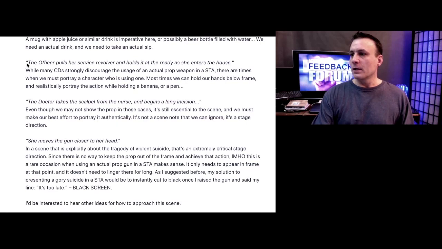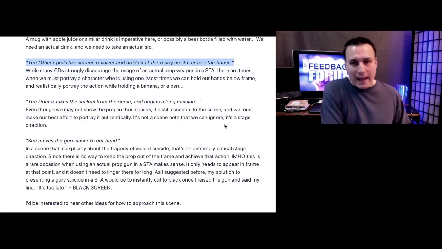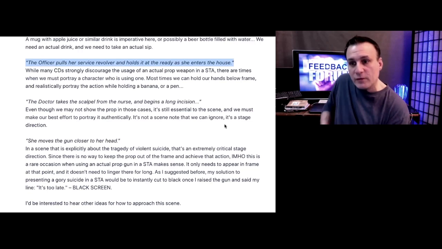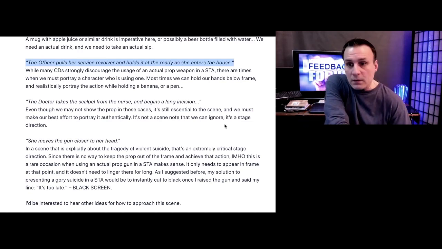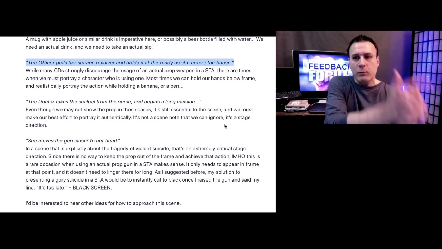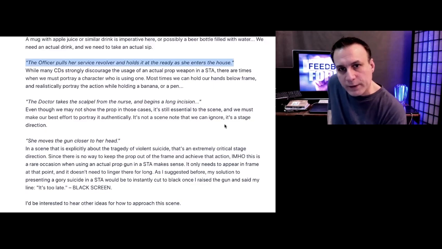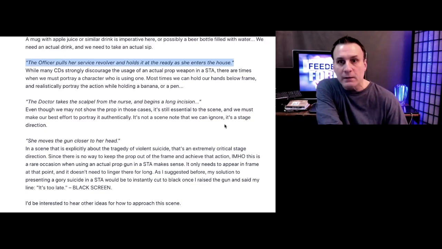Another example: the officer pulls her service revolver and holds it at the ready as she enters the house. Personally, if I had to do that for a self-taped audition, I would absolutely make the motion of pulling my service revolver and holding it at the ready as I enter the house. I might keep my hands below the frame so that I don't have to have a prop weapon in frame, but I am going to honor that prop, and I'm going to make sure that I'm indicating it in my